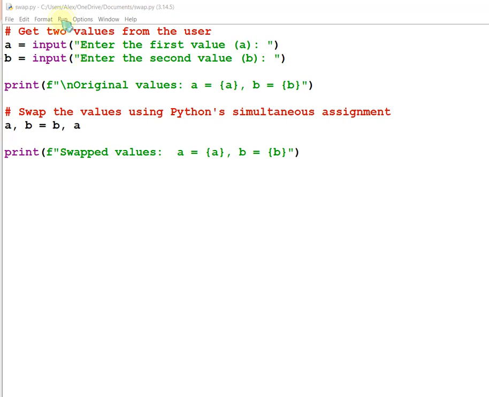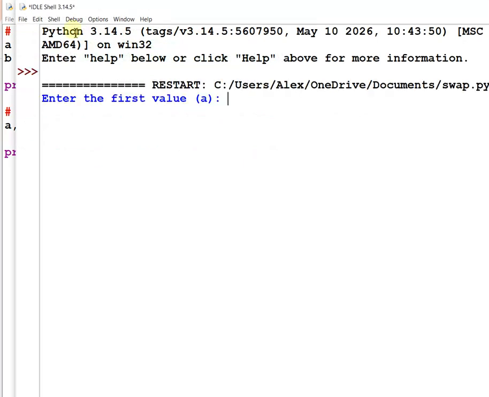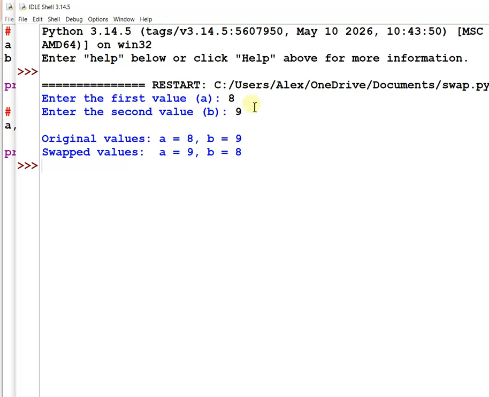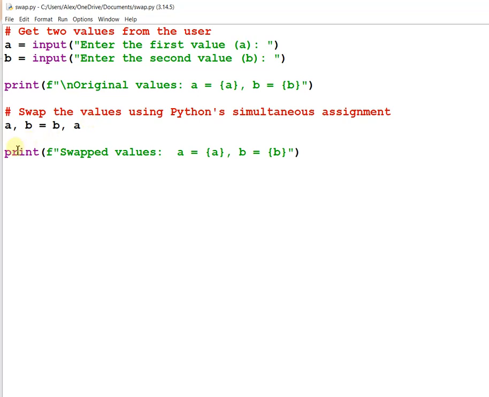Alright. So I'm going to run the program first. Let me see what it is asking. It is saying, okay, enter the first value. My first value I'm taking 8, meaning A holds the value 8, and B will hold the value 9. Okay, now you see what happened. The original value of A was 8 and B was 9, but after swapping, meaning after changing, A becomes 9 and B becomes 8, right? So this is one of the examples of swapping.